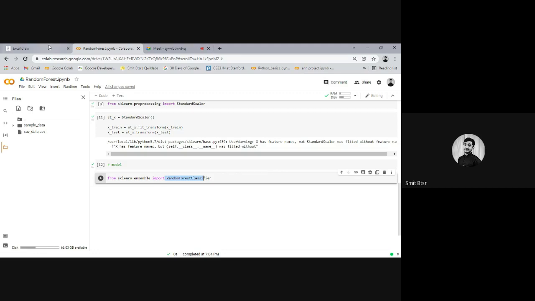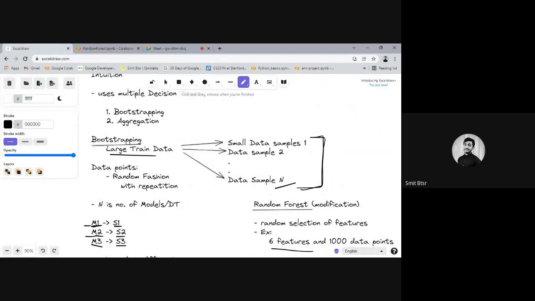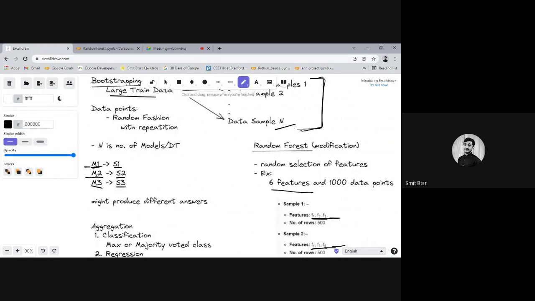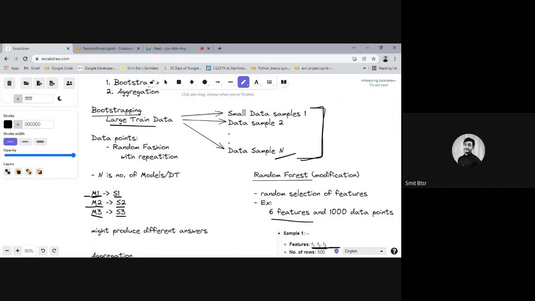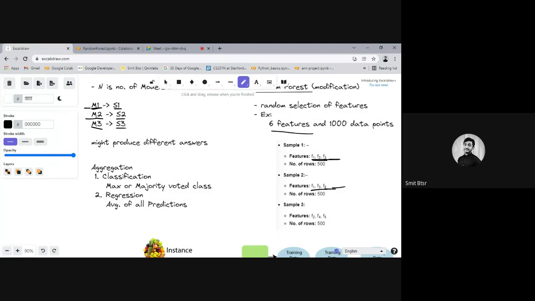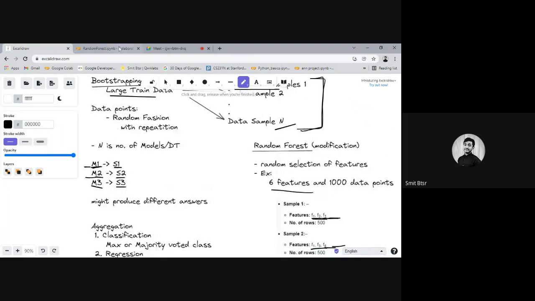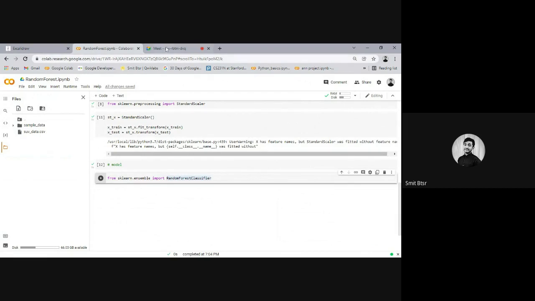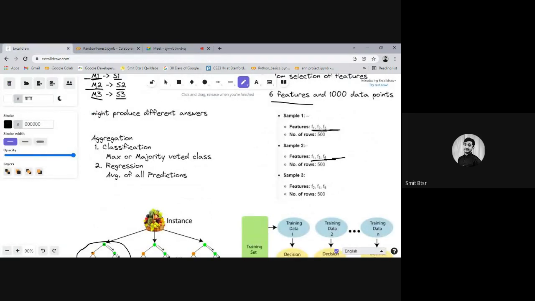So whatever we have discussed now, how to split this data into samples and all. We only divided the data into train and test, but in the training data, as I mentioned, the data is split into small data samples, there are multiple models, and all those models are trained individually on the different samples. These things we need to understand, but we do not need to create all of them from scratch. And as I mentioned, a classification model uses majority votes, and a regression model uses average.